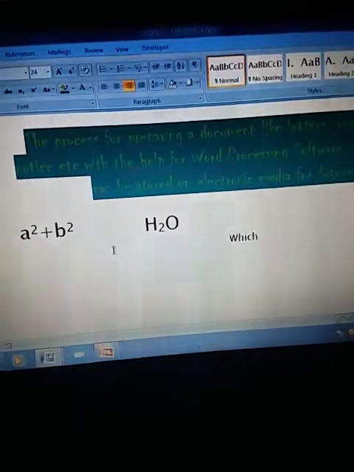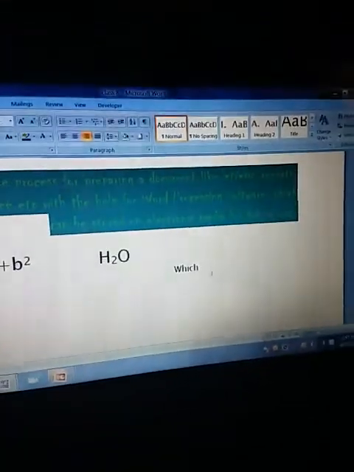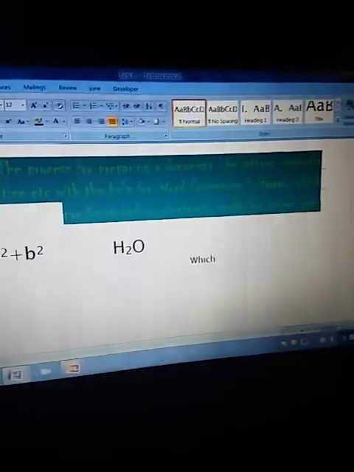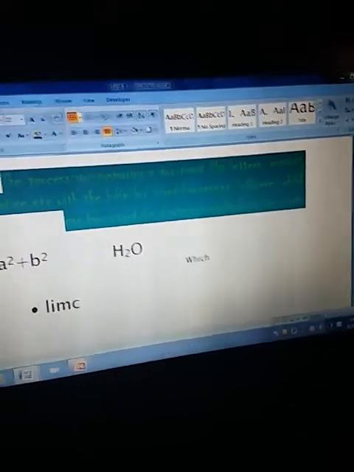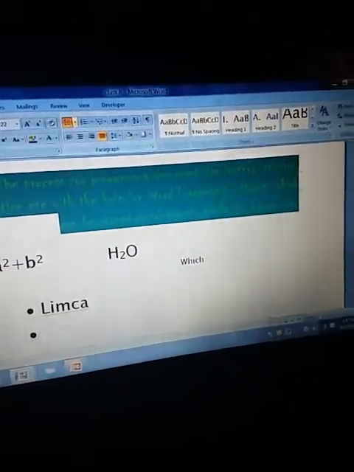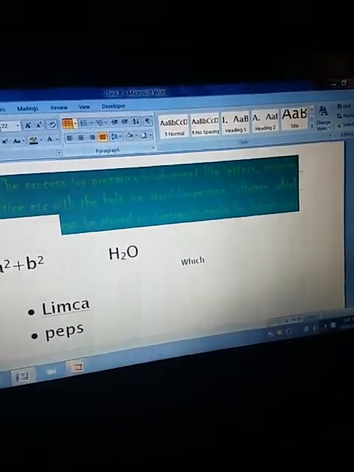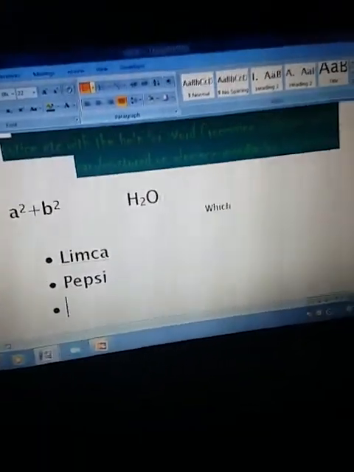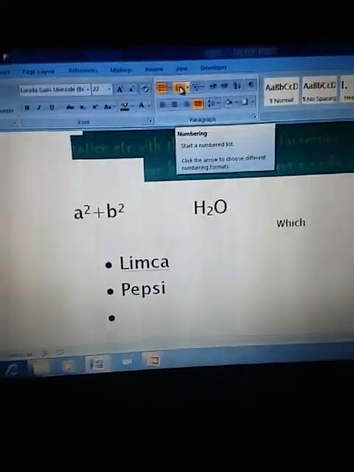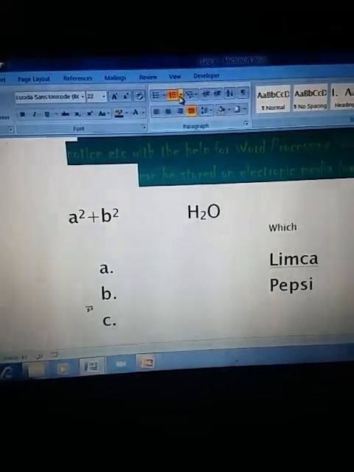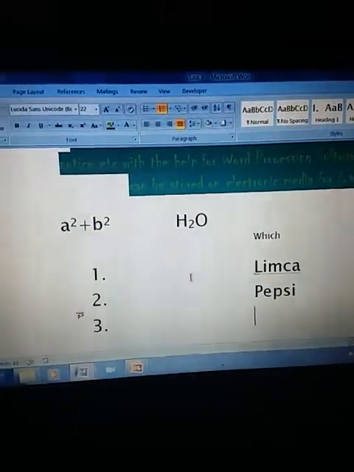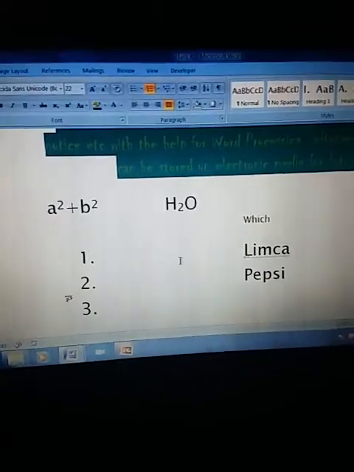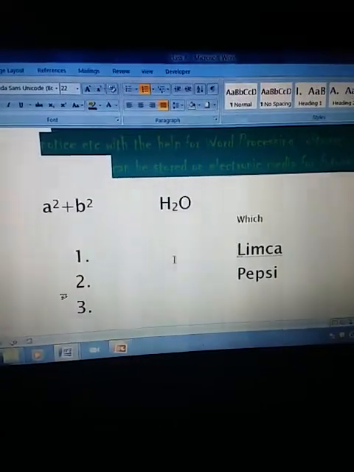Next is how you can use bullets and numbering. Suppose I want to make a list. So here I have the bullets option. When I click on the bullets option and write the names of objects, like cold drinks names, bullets are created here. If I want numbering, then I will click on the numbered list. You can change the numbering from here, whatever you want, 1, 2, 3 and so on. These are your bullets and numbering. So I hope you understand these.